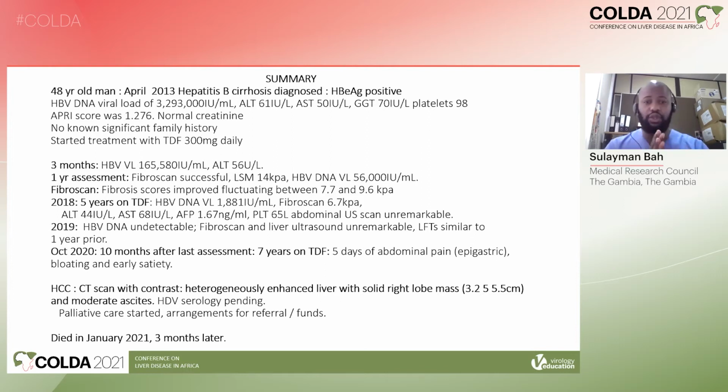We did his APRI score, which was 1.276, and he was hepatitis E antigen positive, but hepatitis C and HIV antibodies were negative. He had normal creatinine, and hepatitis delta was not done at the time, and he had no known significant family history. So a diagnosis of chronic hepatitis B related liver cirrhosis was made, and tenofovir was started. He was followed up and assessed every 3 months on treatment,